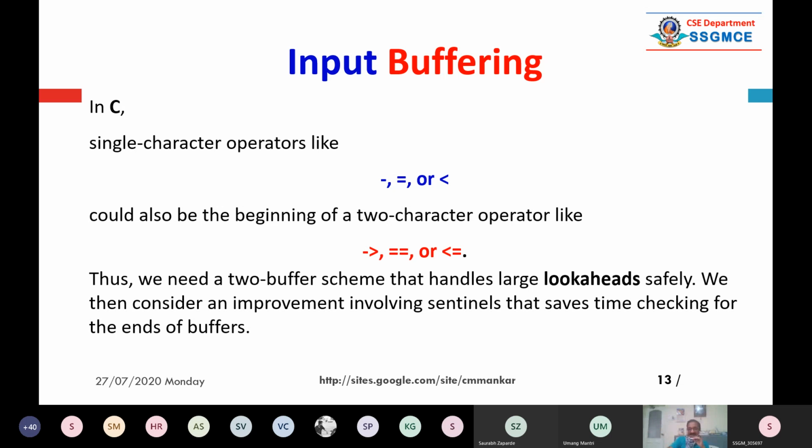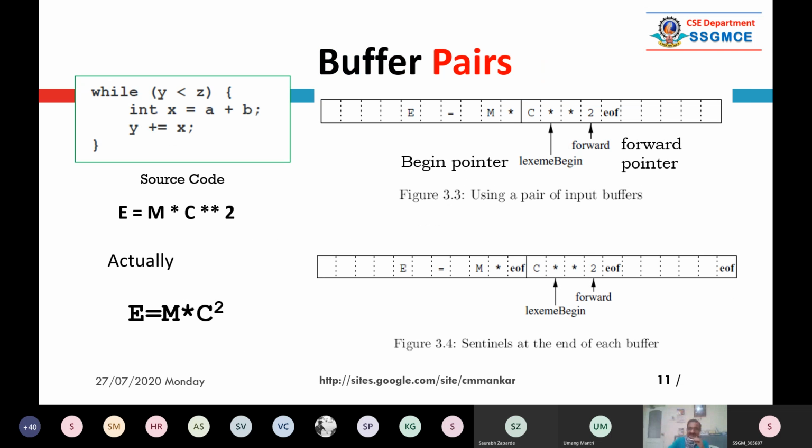So the compiler doesn't read and conclude. It first reads the near or next character, and it checks whether it belongs to it or not. Like, we have seen this example, 2 stars. When you read C, you identify that C is a token, right? But you start reading the first star. Now the first star actually is a multiplication sign. The compiler or scanner will say that it is a multiplication, M into C into something, but it doesn't take the decision. It moves the forward pointer one place ahead.